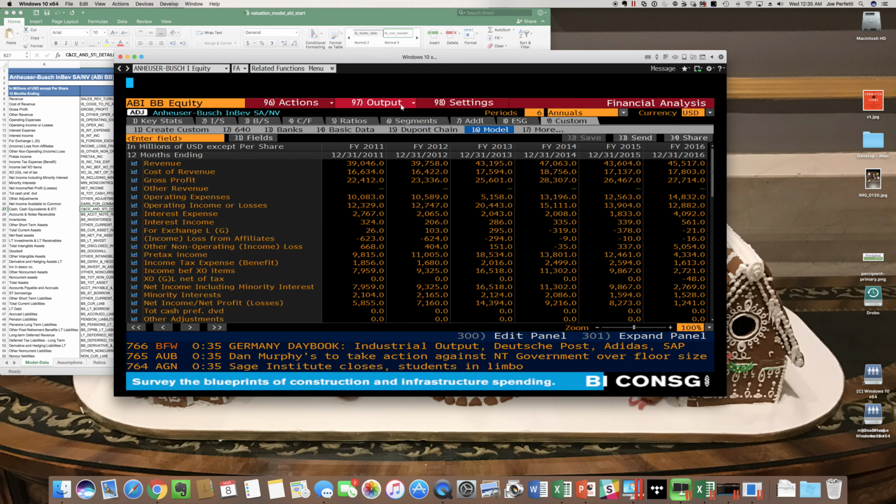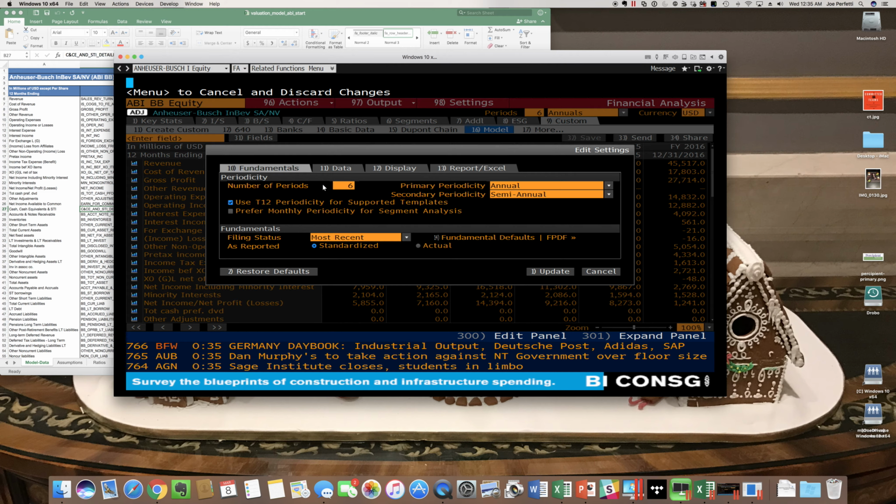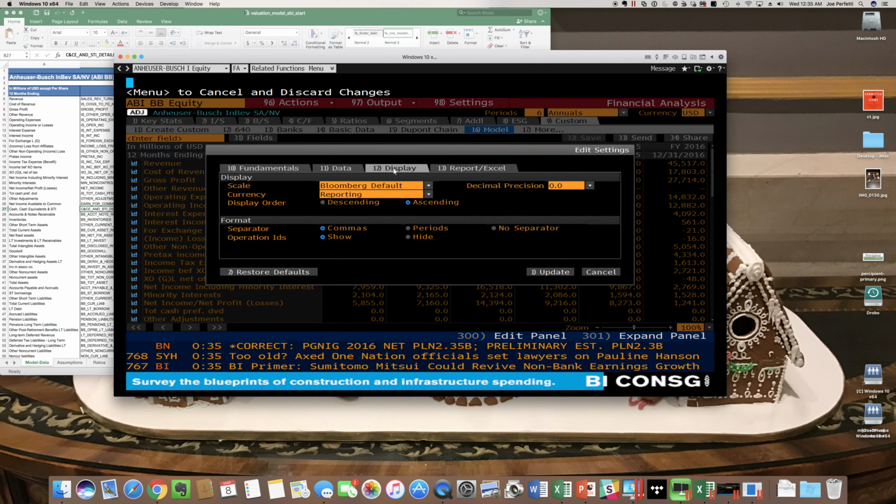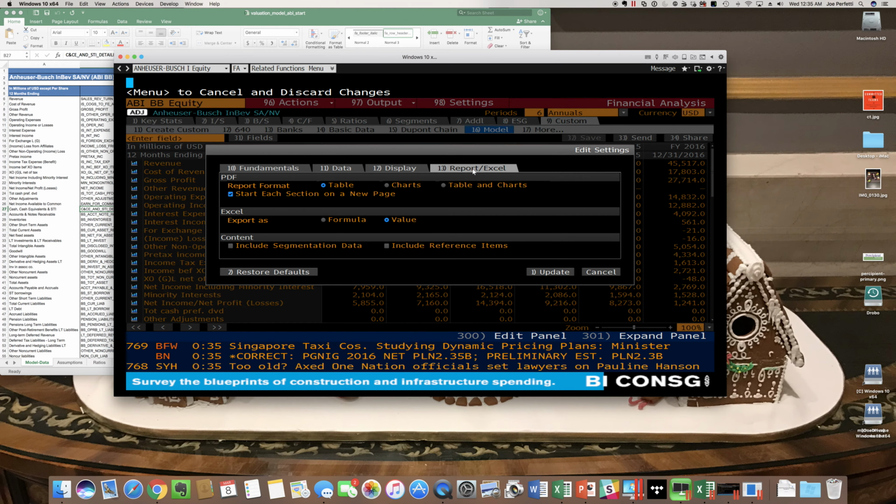So what I've done here is on the Bloomberg field for settings, we're going to use 6 years of historical data. So I need to make sure that my number of periods is 6. I want standardized. For the data, I want to make sure that I don't have any of these boxes checked because I don't want any miscellaneous data in my export. For display, I want things to go in an ascending order, which means the most current year will be on the right. And for Excel, I want to export as values as opposed to formulas